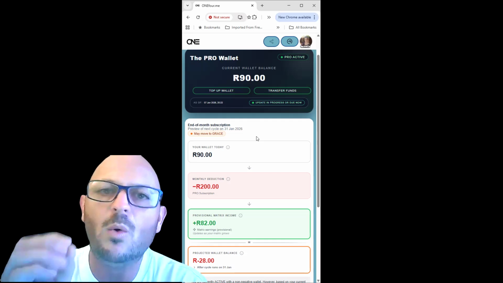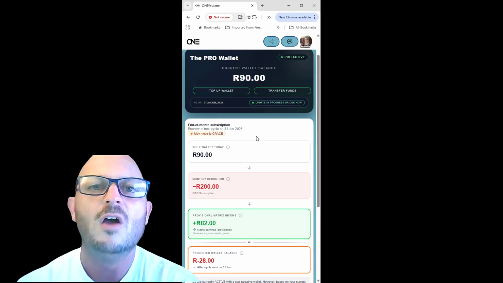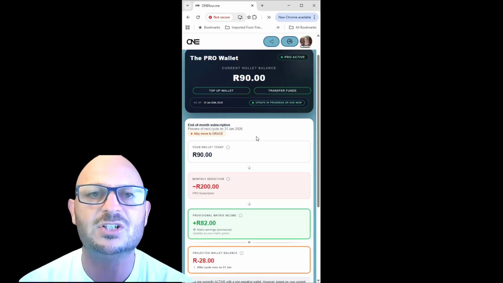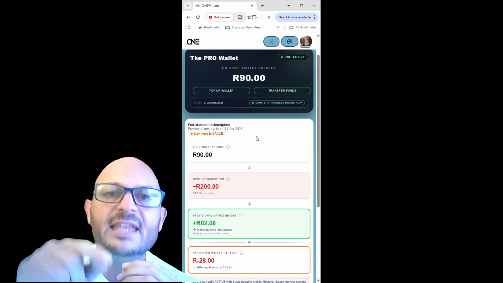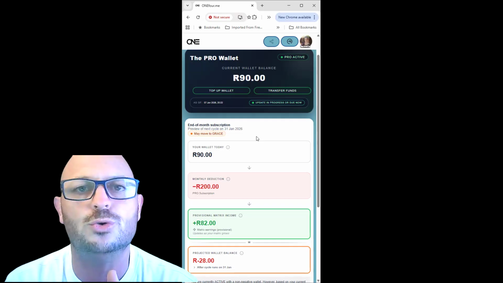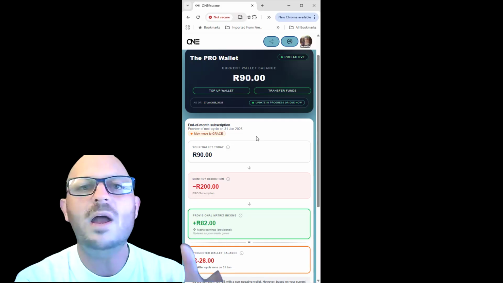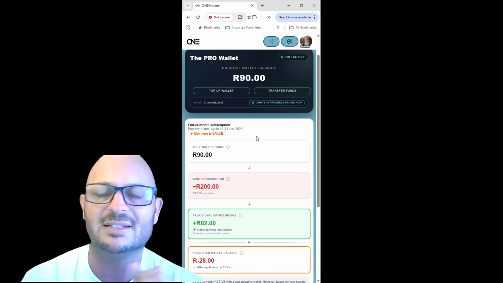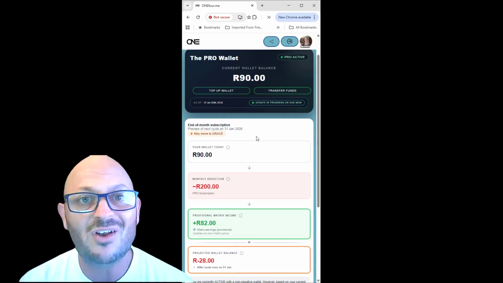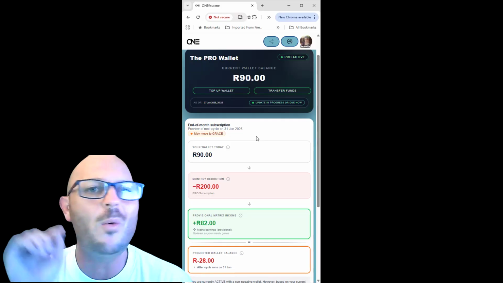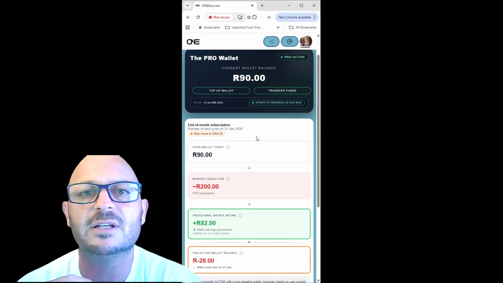We all want our wallets to be paid by our business. That is business 101. You need to think to yourself, what do I need to do for my business to be self-sufficient? And that is what you need to work towards. That is what you need to set your goals to. Because eventually, you don't want to pay money into your wallet. You want to just draw money out of your wallet. Is that right? You just want to draw. You don't want to put money in out of your own pocket. The business must pay for itself.